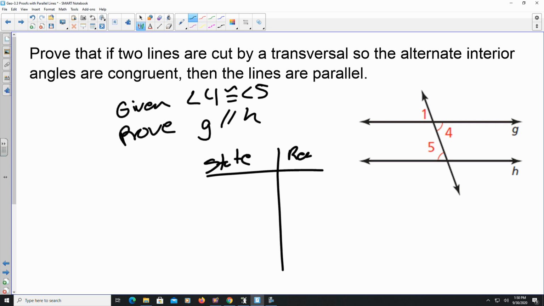That's what they're asking. So we have statements and we have reasons. Like always, the first thing is what's given. Angle 4 is congruent to angle 5 because it was given to us. So since they said here,